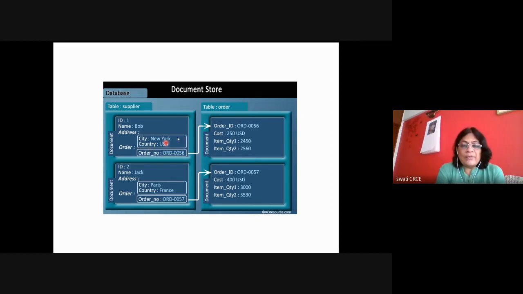And suppose you are firing a simple join query, where you want to get the name of the supplier and the total cost. Then for ID equal to 1, you extract the name of the supplier, and then from the order number, travel and extract the other document.